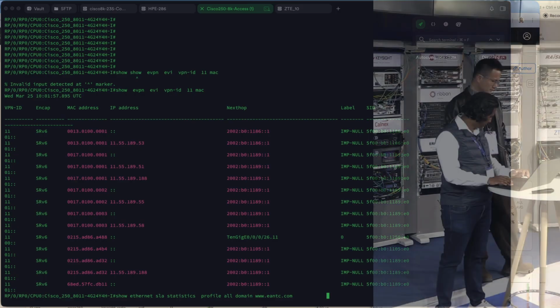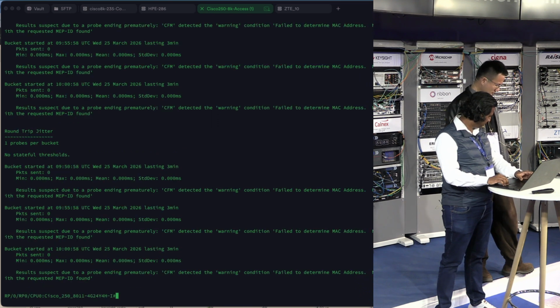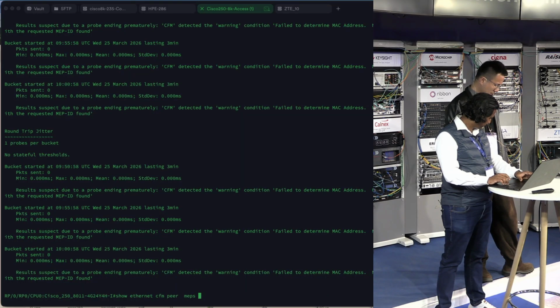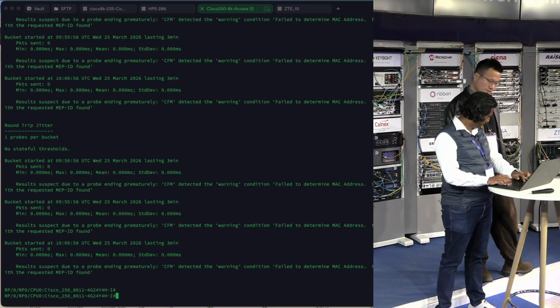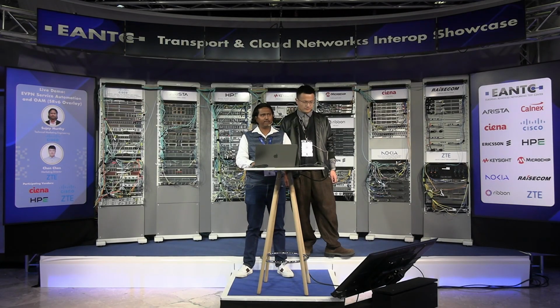what the SLA statistics are, which is kind of configured, but now we see some issues. We are seeing the CFM failed due to the connection, but we'll also look at the EVPN in the bridge domain details. Let's check here. So we created one EVPN ELAN service across these two endpoints, and we also collect them both to the orchestration and assurance between those two endpoints and connectivity details.